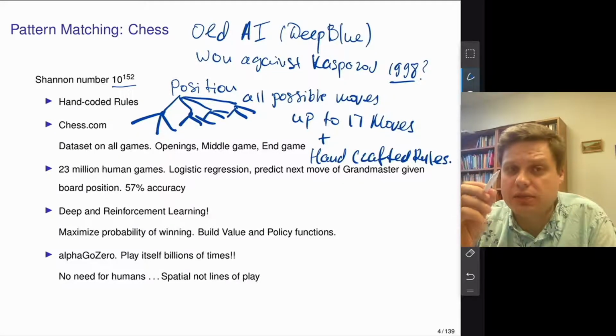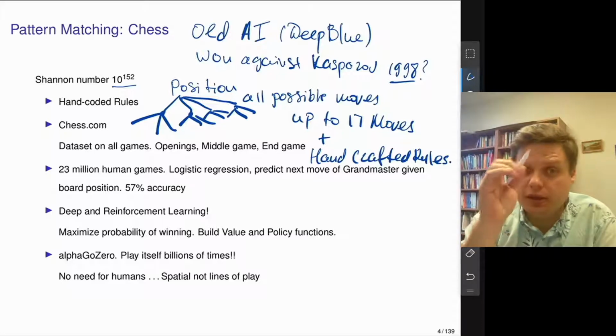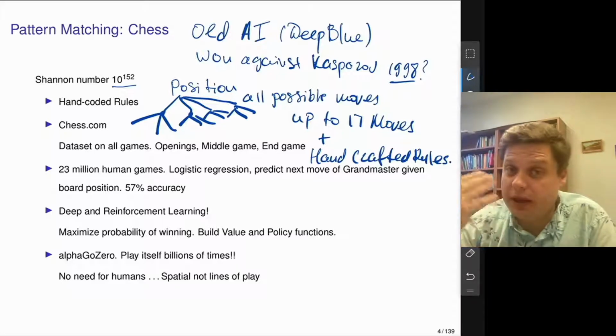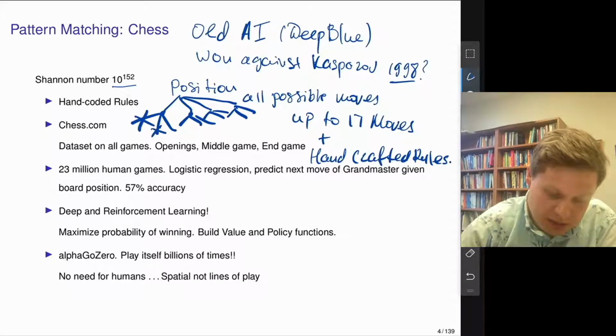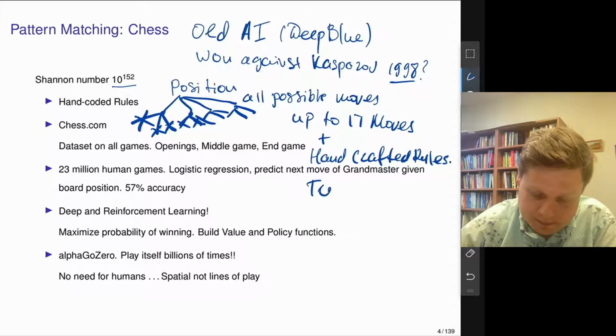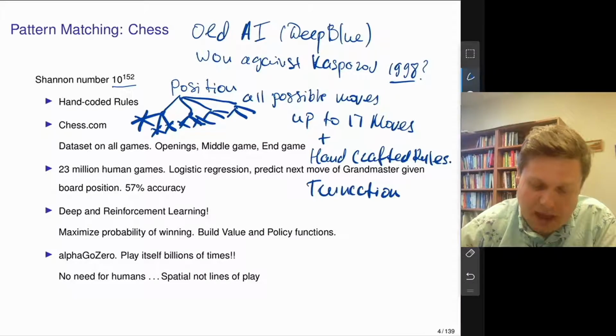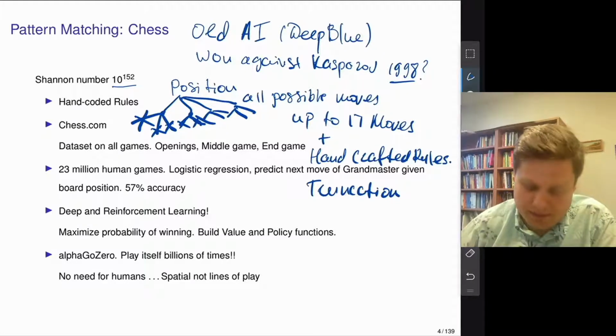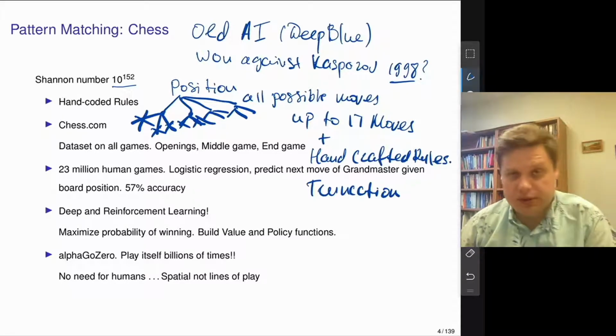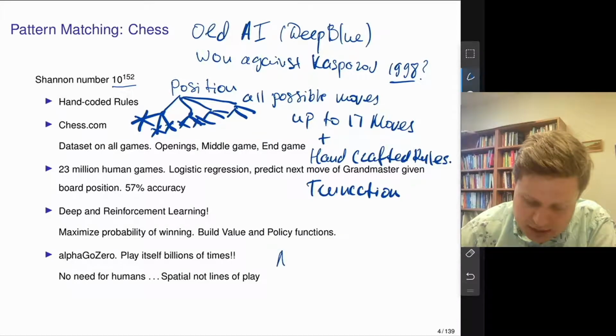So essentially, the machine was able to avoid moving along some of those branches by using those shortcuts, those handcrafted rules. It will eliminate some of the branches and will not move along those. That's called truncation. So this ability to truncate using handcrafted rules allowed the old type Deep Blue machine to win against the world champion in those days. So new AI doesn't do any of that.